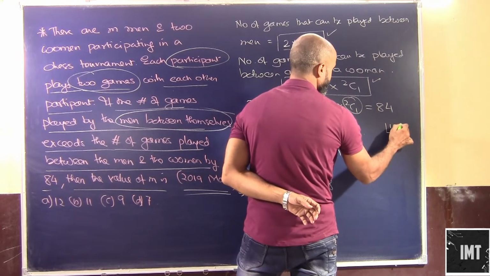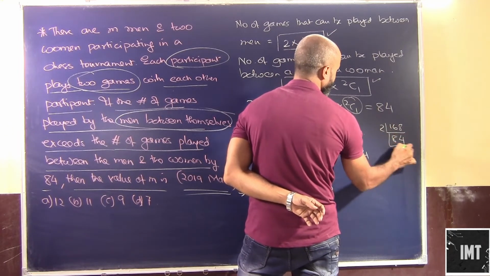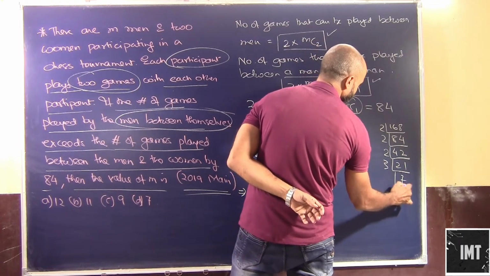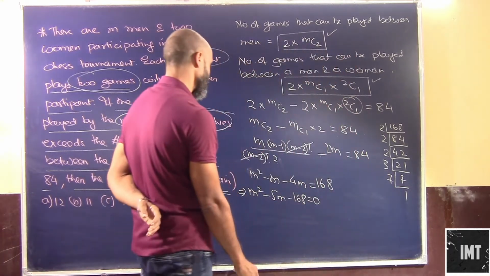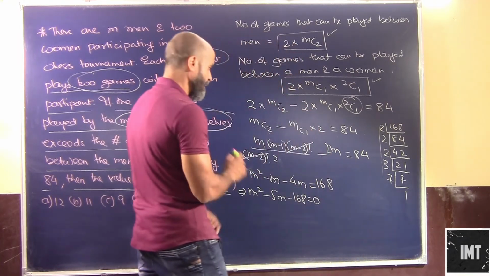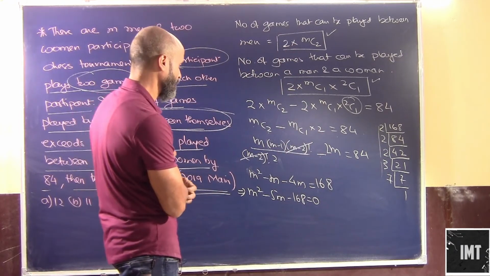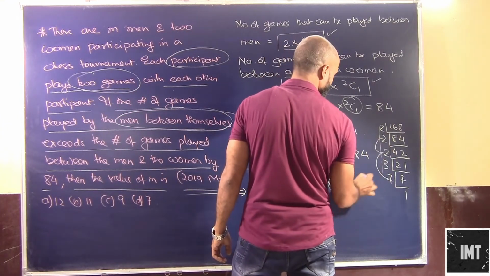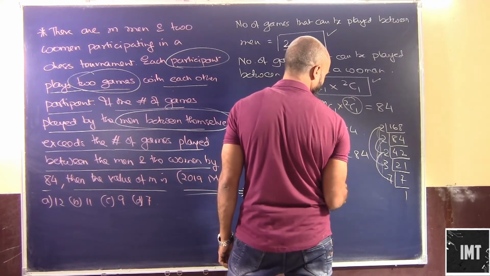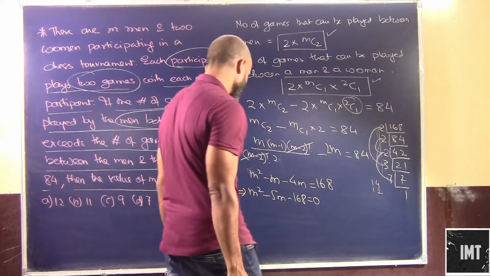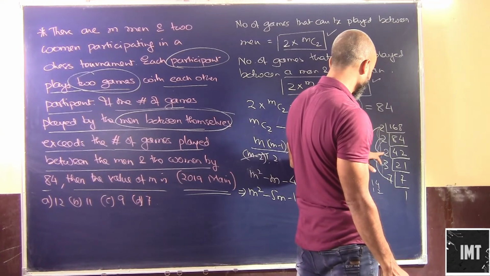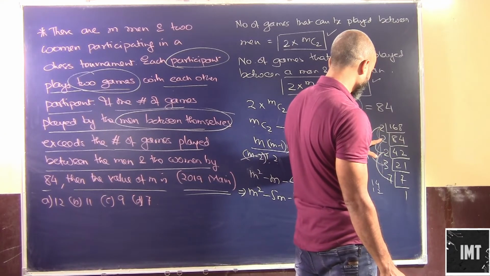So for 168, 2 8s are 16, 2 4s are 8, 2 2s are 4, 3 7s are 21, 7 1s are 7. We have to get 5 out here. 2 2s are 4, 4 2s are 8 and 21. 21 minus 8, no, that will not do. 7 2s are 14, 3 2s are 6, 6 2s are 12. 14 and 12, that is not going to work out. So what is going to work out?